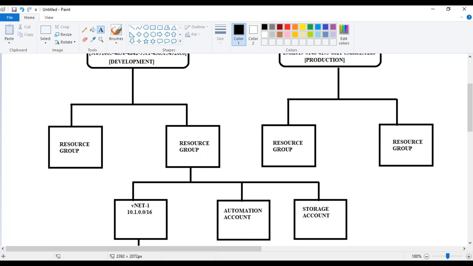Imagine I can have a test resource group, a development resource group, and a production resource group, so that I can group my resources as per the requirement. Just like you keep movies in one folder, songs in one folder, and your study documents in one folder, here also you group resources in different folders. That folder is called a resource group.